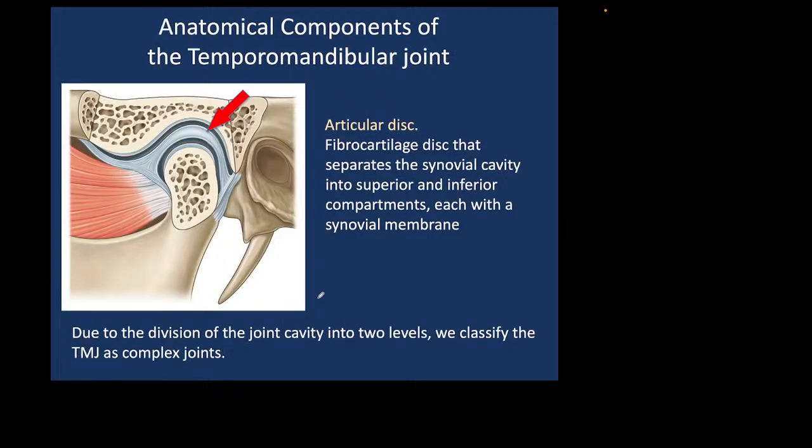As I said, typically the articular disc we find in the articular cavity, and this disc consists of fibrocartilage. It means this is a combination of connective tissue and cartilage, and such discs are very strong, and it divides and separates the synovial cavity into a superior cavity and an inferior cavity,